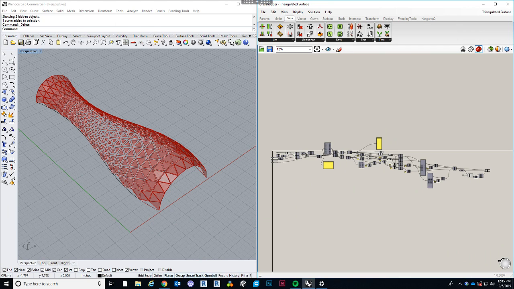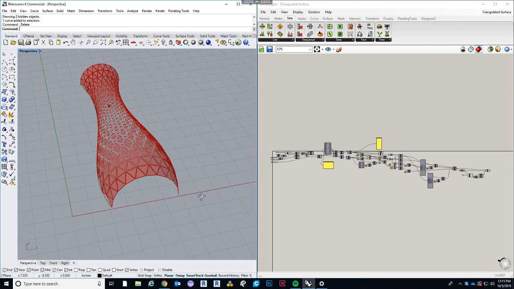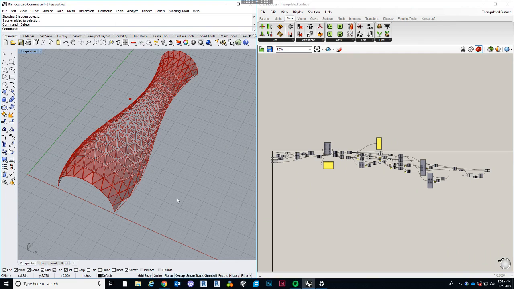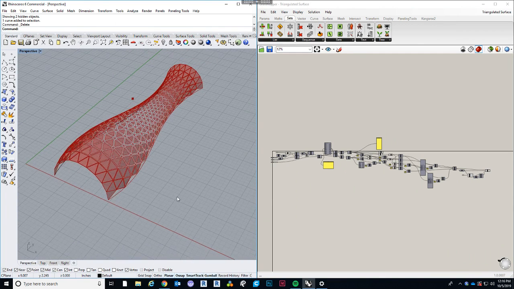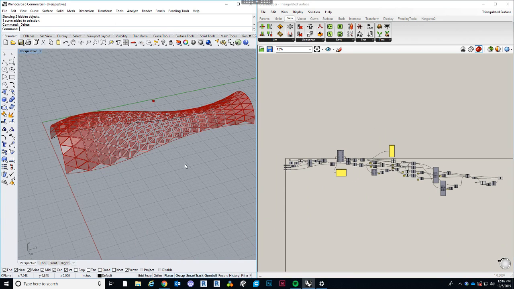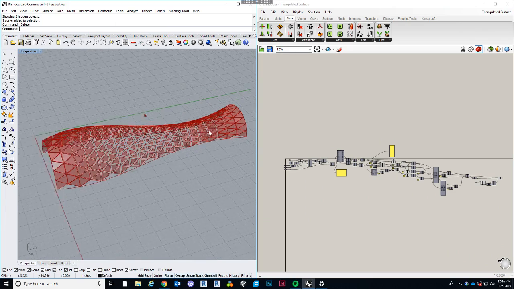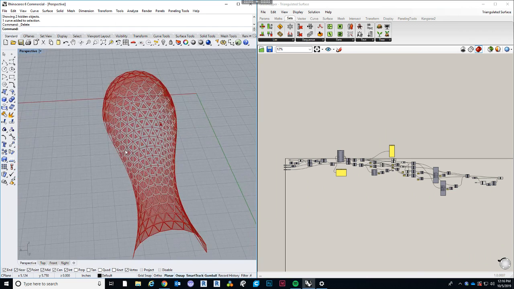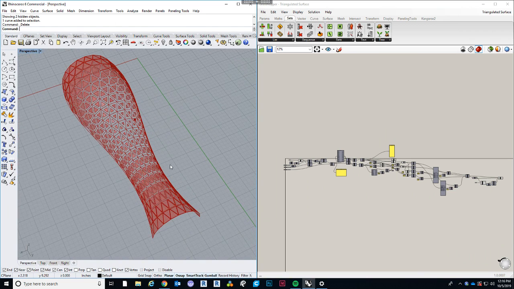So today we will be going over how to subdivide and triangulate a surface. We'll be doing this manually, so we'll be subdividing it piece by piece. There are tools out there that you can download and use as plugins for Grasshopper that will do this for you, just like paneling tools did for Rhino. But today we'll be going over how to do it manually,